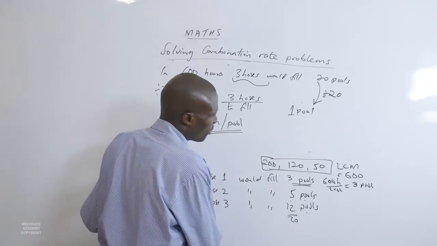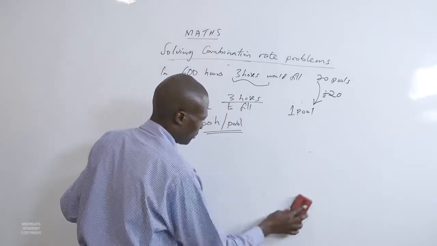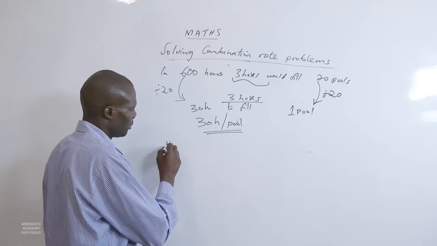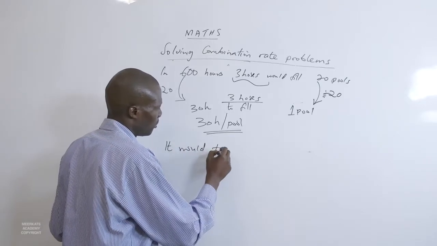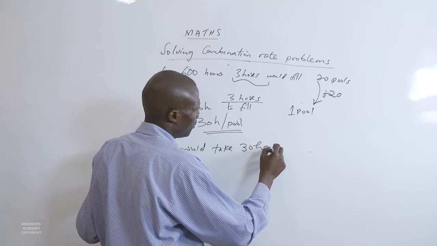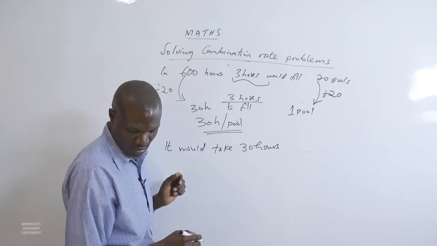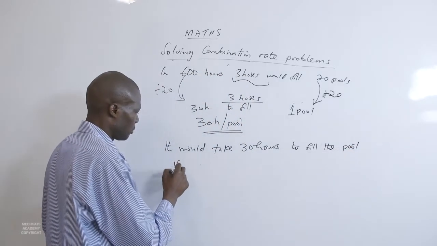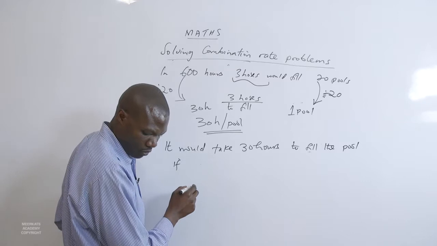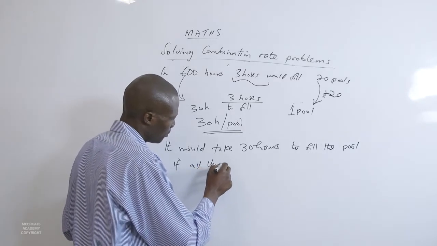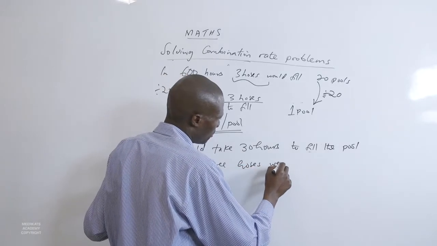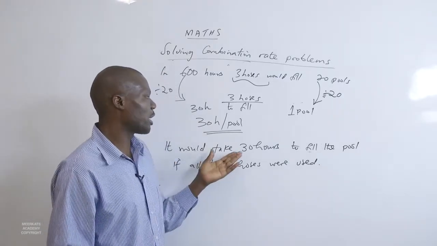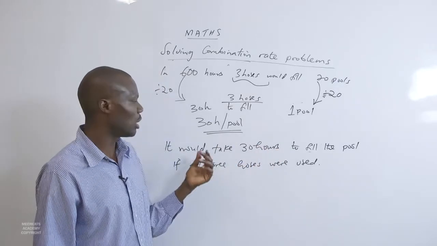So in this question, we can conclude and say that we can finally agree that it would take 30 hours to fill the pool if all the 3 horses